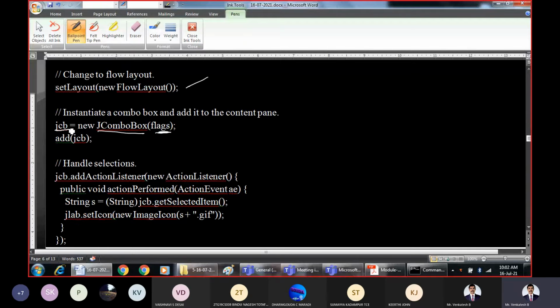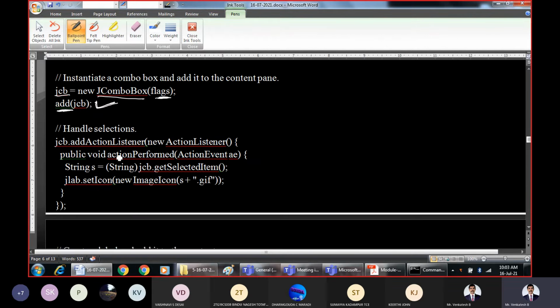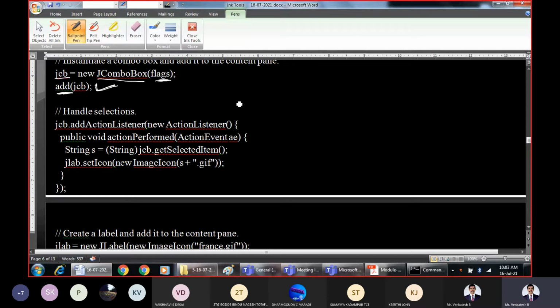Now that created combo box is being added to the content pane, because whatever component you create can be added to the content pane by using the add method. Once you add that to the content pane, we are defining an action listener for that combo box.